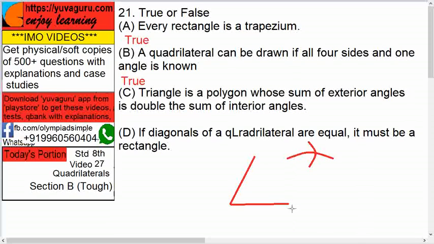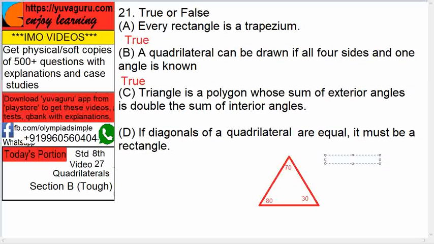See, take the respective lengths on the arc and draw them, cut them, and the point where they intersect gives the third and fourth side. Okay. See, this way the arc is cut over here, and then join the two points. So you get the quadrilateral. Quite simple. Next, a triangle is a polygon whose sum of exterior angles is double the sum of the interior